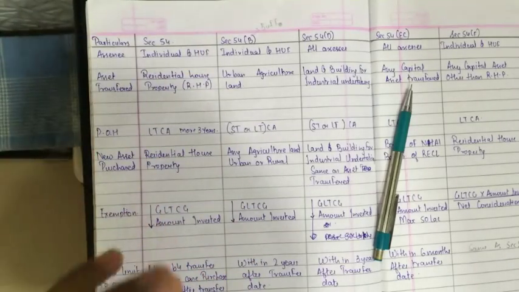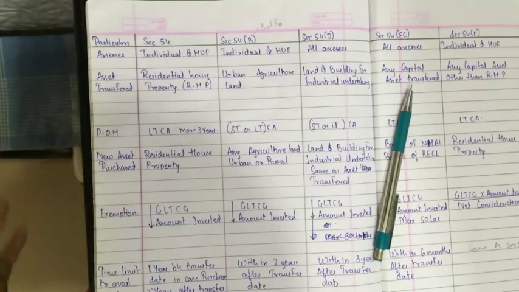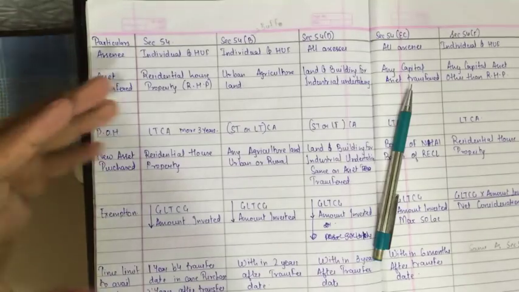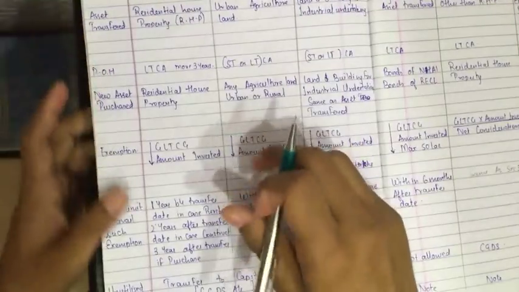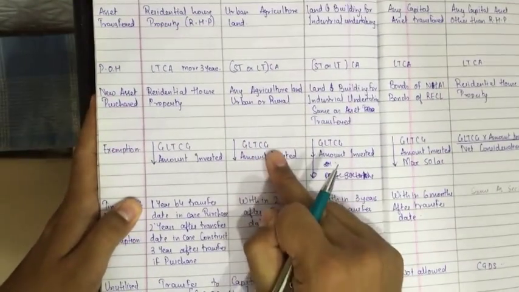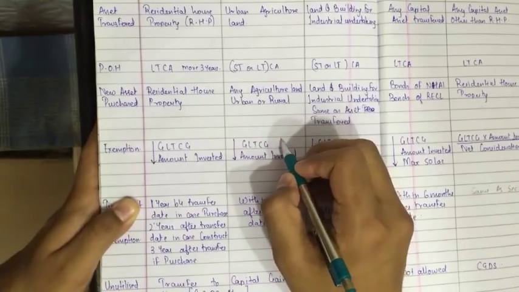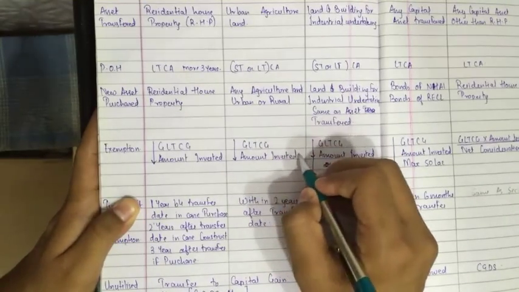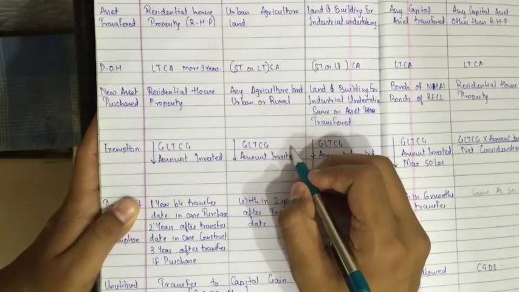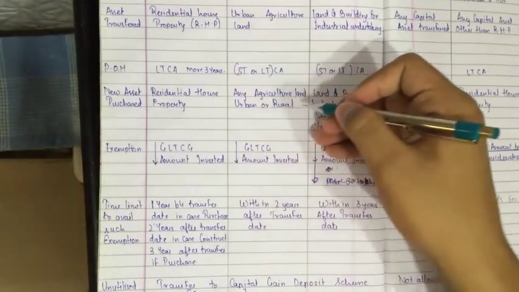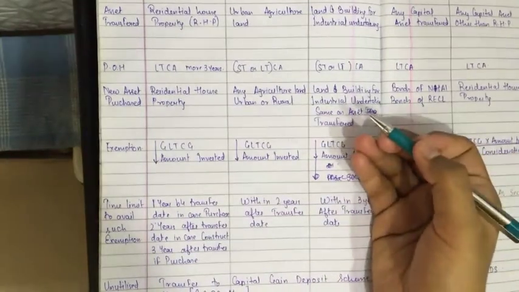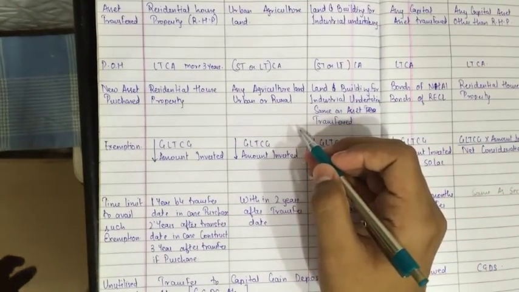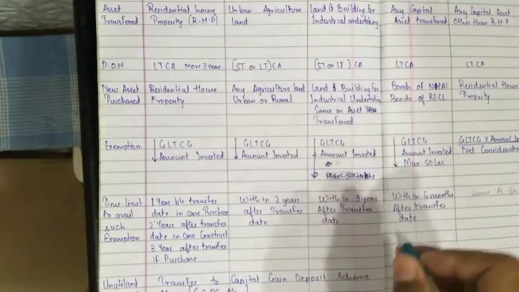After selling the asset, there is no specific criterion for the purchase of agricultural land. It can be either urban or rural. The exemption will be available in the same manner: gross long-term capital gain or amount invested, whichever is lower. If the gross long-term capital gain is 25 lakhs and the amount invested is 50 lakhs, we will be eligible to take only 25 lakhs of exemption. That means our gross long-term capital gain less exemption of 25 lakhs will come to zero, and we don't need to pay any capital gain tax at the rate of 20%, or at the slab rate for short-term capital gain.